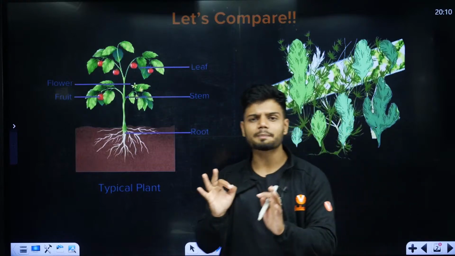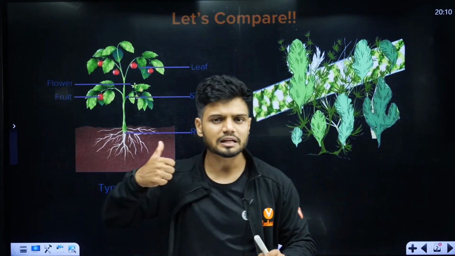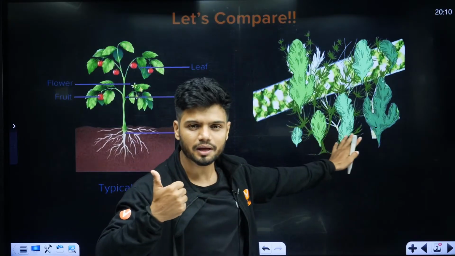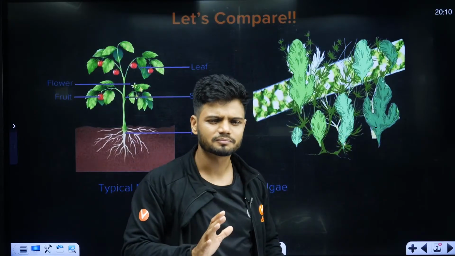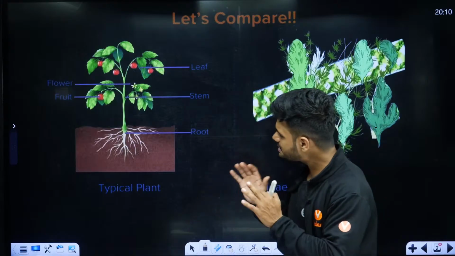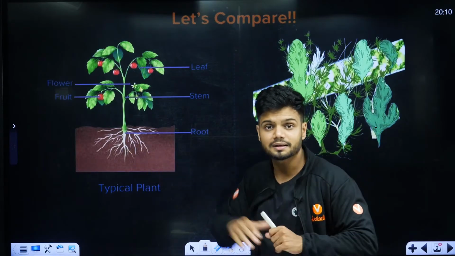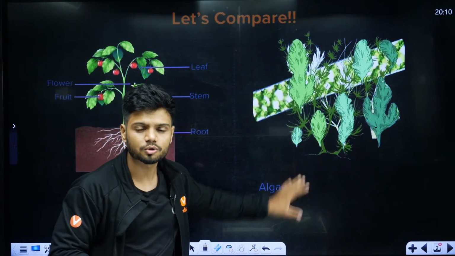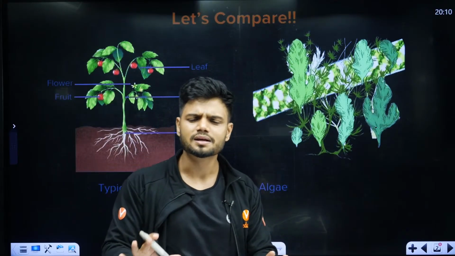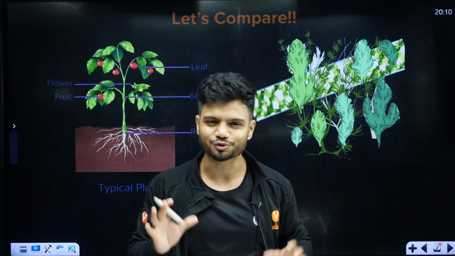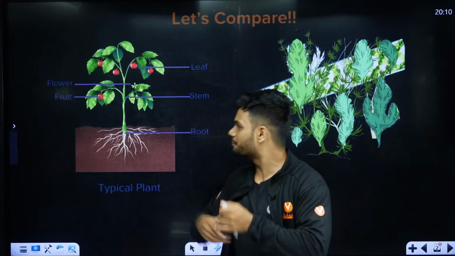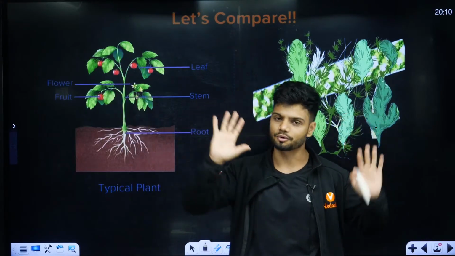Now students, quickly tell me in the comment section, do a typical plant and an algae have any similarities? Students, anyone? Can you find any similarity between this typical plant and this algae right now? Okay. One similarity I can tell is both of them are green color. Students, all of you can agree on that? Yes or no? So both of them are green color. Okay, they are green color.